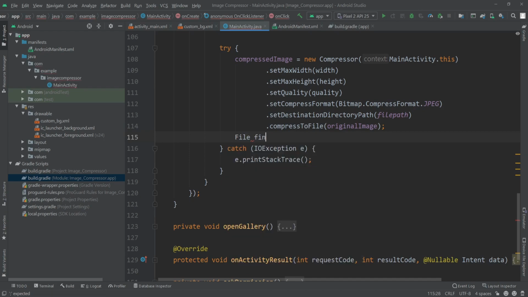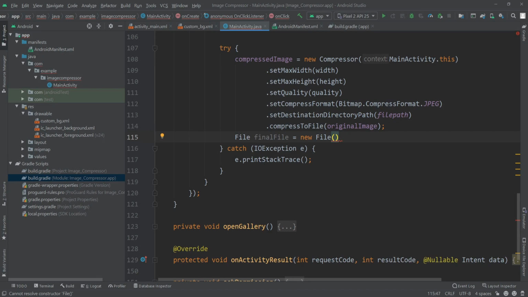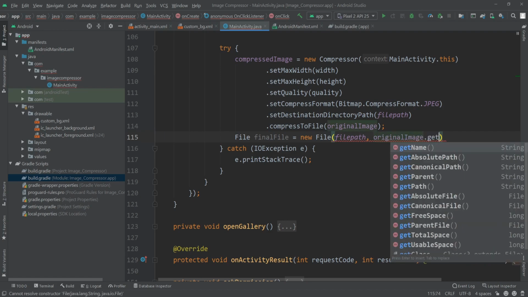I'll call this final file equals new file, and inside the parameter I'll pass the file path, and then I'll pass the name of that original image, because inside the file path we will only get the folder's path, and we need to also pass the file name. So for this we will pass just the original image, because the compressed image also gets saved with the name of the original image's name. So here I'll pass the original image dot get name,